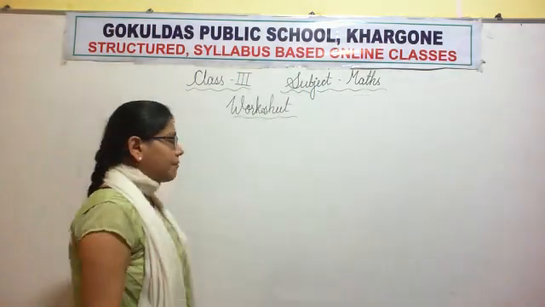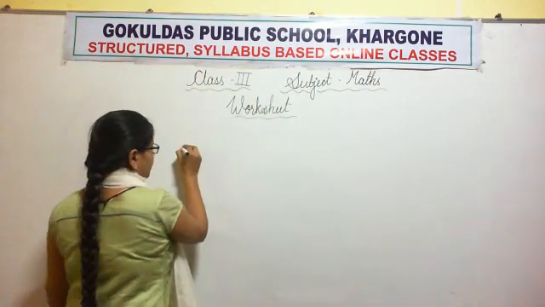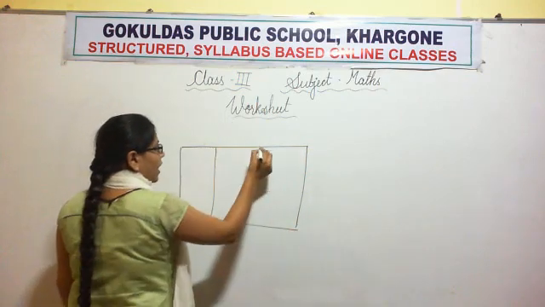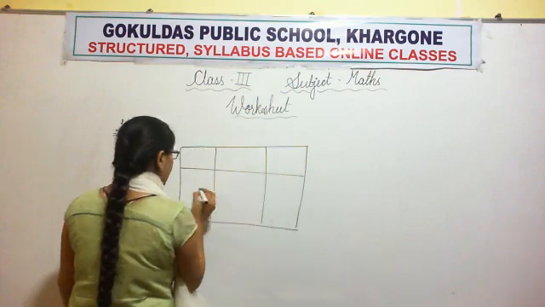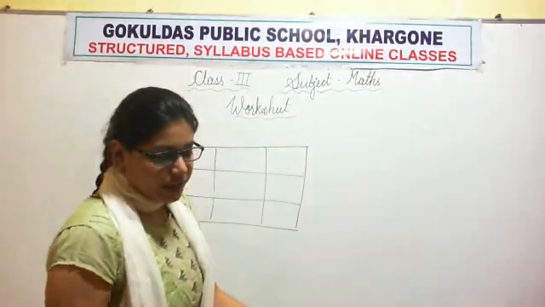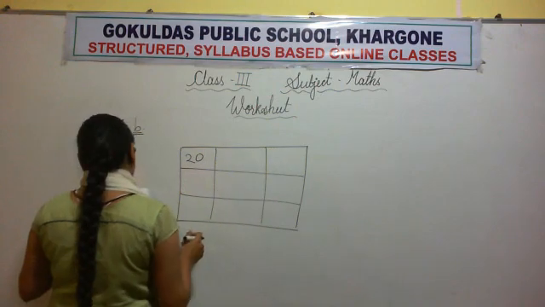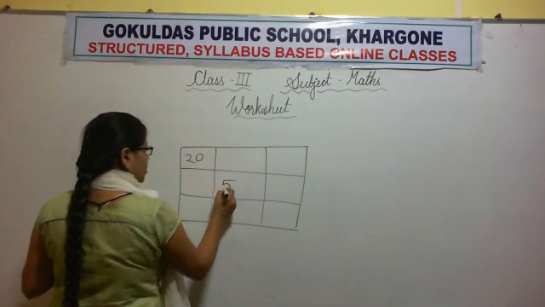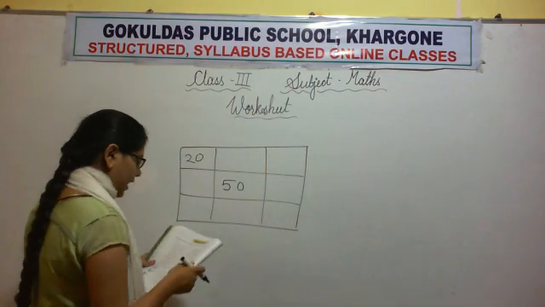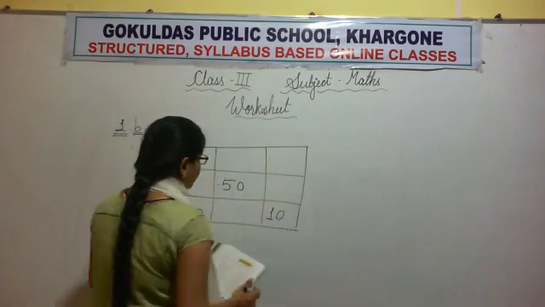Now the next part, part B. I hope you all are getting how to solve these kinds of questions. They are also addition based questions. So in the first box 20 is there, these two boxes are empty. Now this one box is also empty and this is also empty, and the middle one is having number 50. Now in row 3, 50 is there, this one is empty, and now 10 is there.